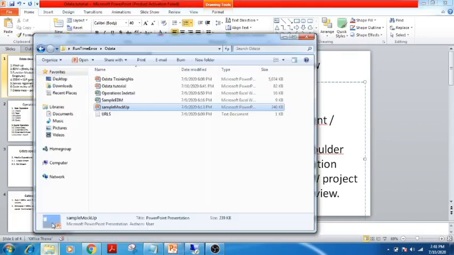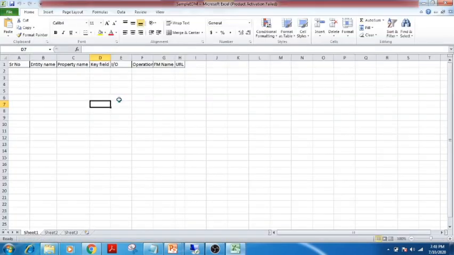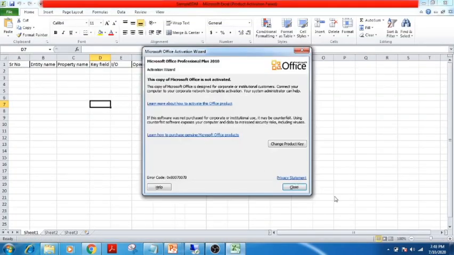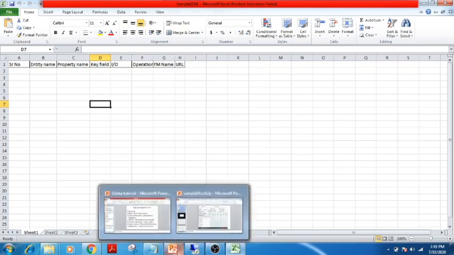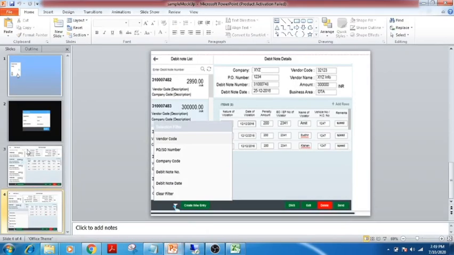So what does this EDM actually mean? You can consider it as the bridge between the front-end developer and the back-end developer. In this file, you are telling what entities and different actions are being performed on each and every screen. Say for example, department. This department is like an F4.